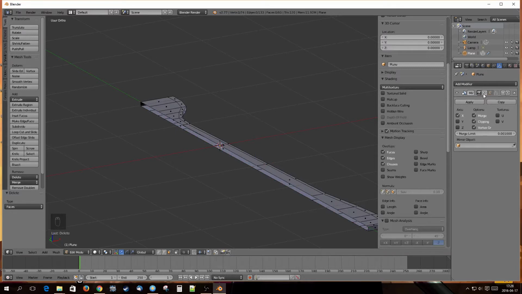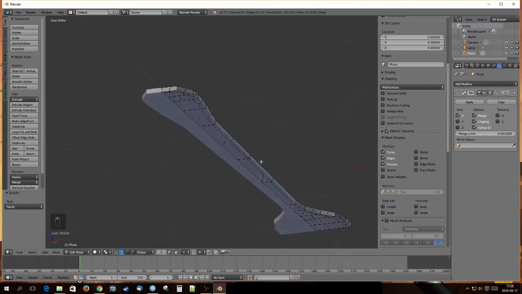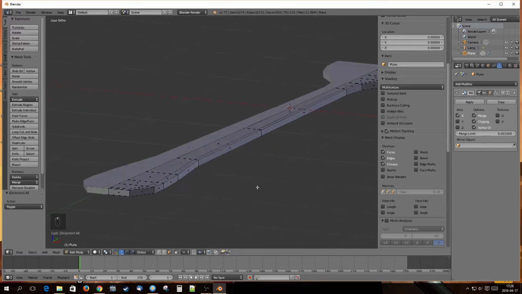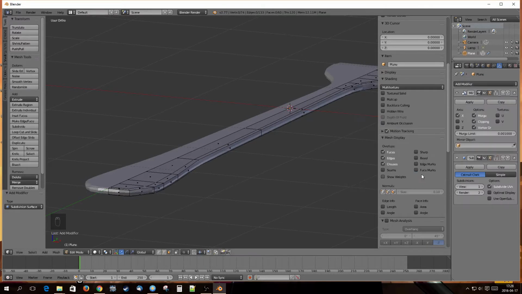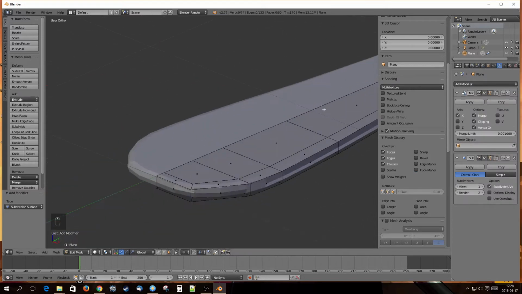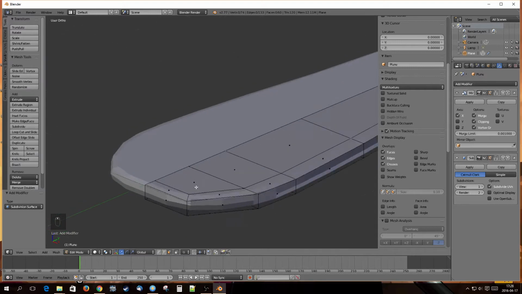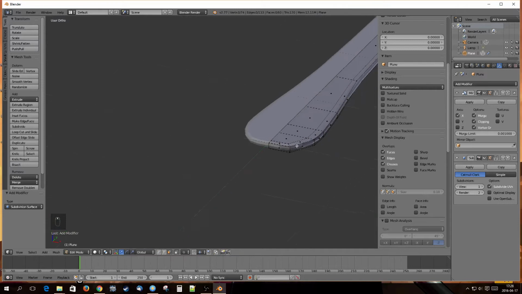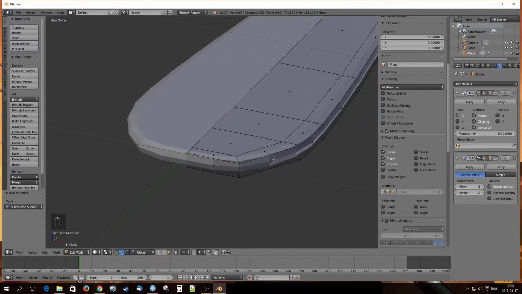And now if I go back to mirror, well, now I'm going to add a subdivision surface modifier, so it's round around the edge. Well, it's not so smooth, so we need to increase this number,